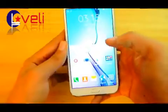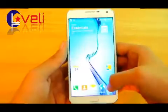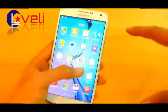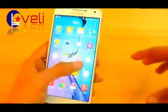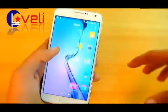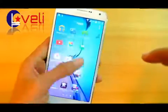So if we move forward towards the internals of this device, now again, they haven't used the Snapdragon 615 inside of this device, which is basically a little bit better than the Qualcomm 400 series. So we have Snapdragon 410 inside of this device, which is a quad-core 64-bit processor, 1.2 gigahertz